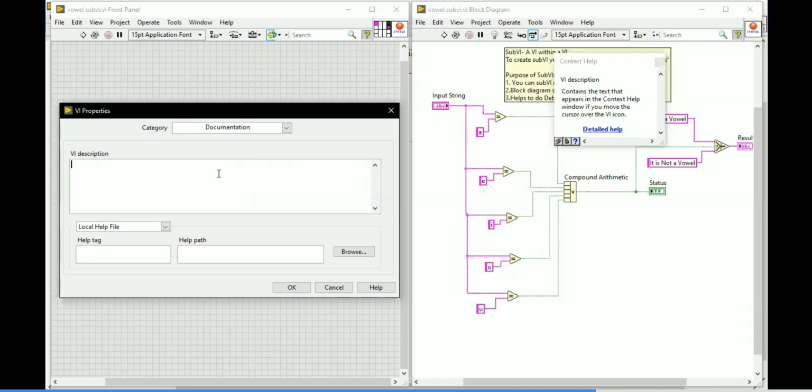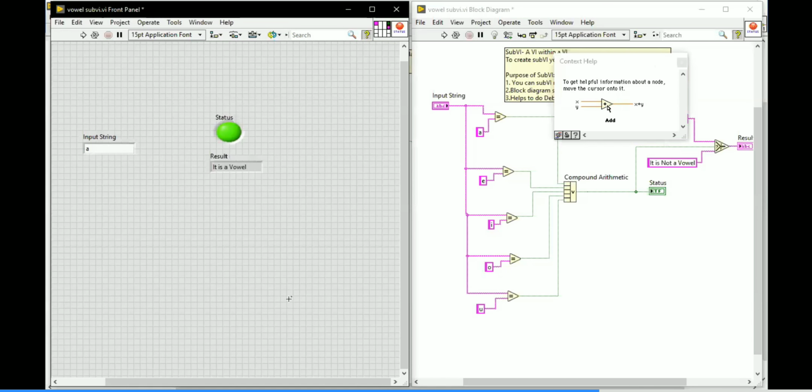So write the relevant things. Documentation is very important, just give whatever documentation.